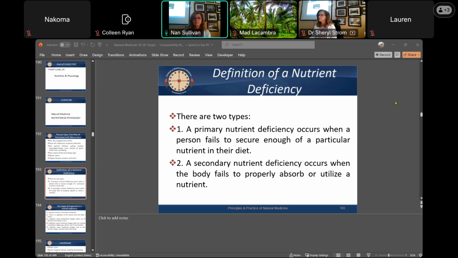I'm not sure what this is. Can't share content. Are we good? Yeah. Can you see? Okay. Everybody online, can you see? Being recorded, right? Yes. Which one? The definition of a nutrient deficiency? Yes, good. Okay, good. Thank you. We just have this sign up here about stop sharing screen, so I'm not quite sure.